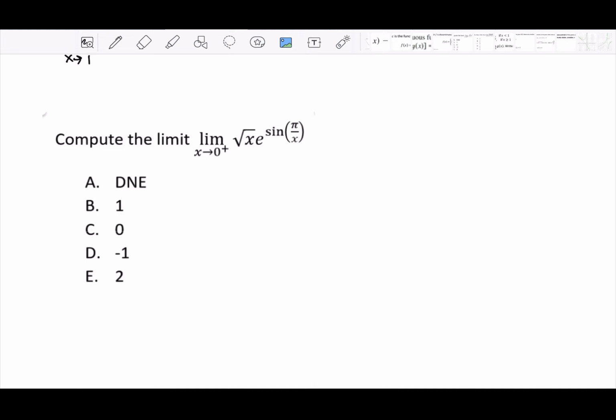This is one clue that we can compare this to some functions, and you can connect this to the squeeze theorem. So always remember that the sine or cosine will have the conditions that is